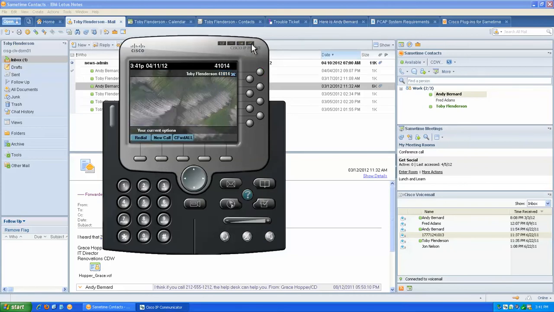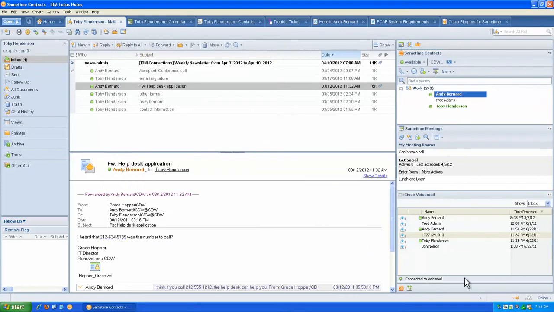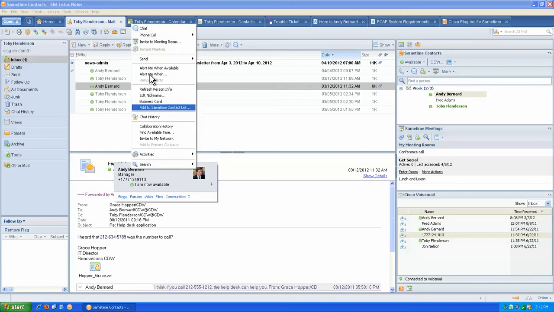All right, let me go ahead and end that call. I'm going to close out of IP Communicator altogether here, exit out of that, and I'm going to switch back to controlling using the desk phone. Now, I said that that capability is actually available wherever you have phone presence. So if you're using Lotus Notes, you know that Sametime presence is available throughout the interface. Here I am in my inbox and I have phone presence available. If I want to call Andy from here, I can surface that capability just by right-clicking on the presence bubble